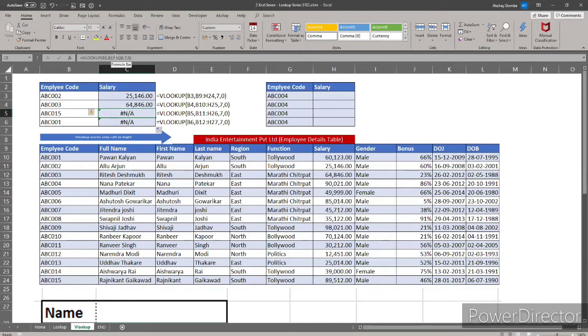If you click on the table array of our formula, our array is B11 to H26. But if we remember, when we wrote our formula earlier, it started from B9 to H24. So very first we need to fix our table array.